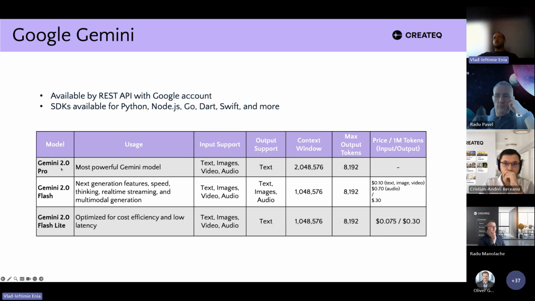Gemini 2 Pro is still experimental, so it does not have a price yet. It is not available to the public. Gemini 2 Flash is the state-of-the-art model for now. Gemini models are better at multimodal tasks because they can also, for example, Gemini 2 Flash can also output text, images, and audio. And they take videos and audio as input, as I already specified that.